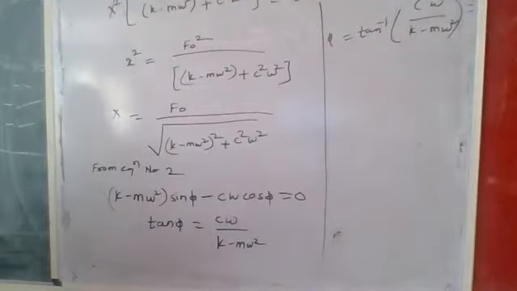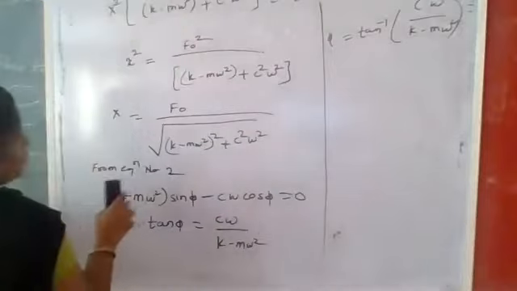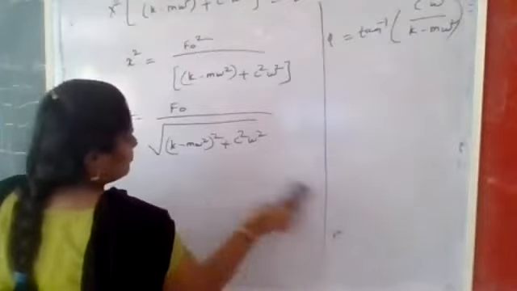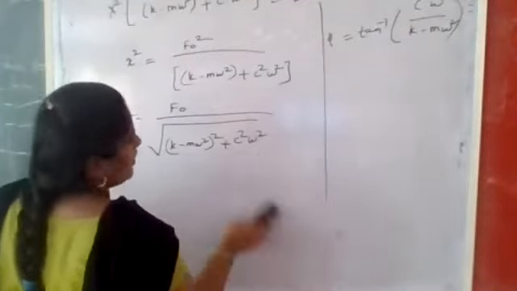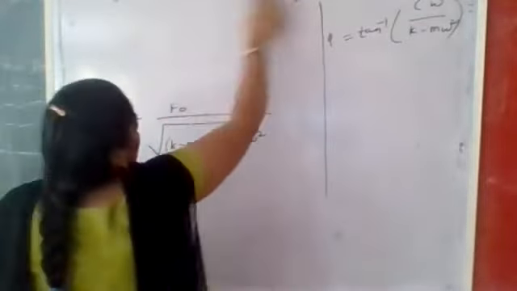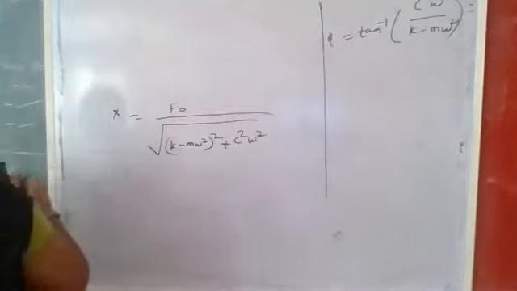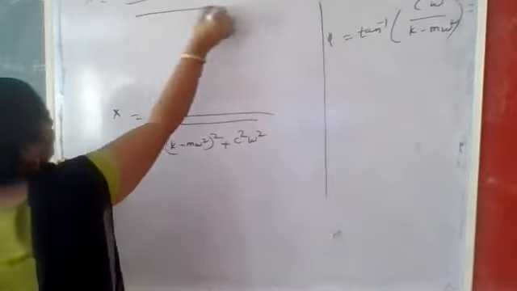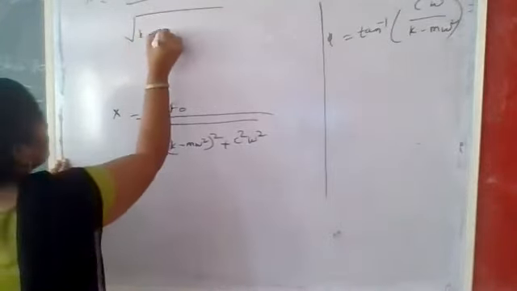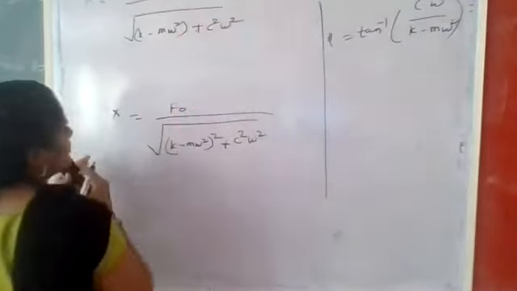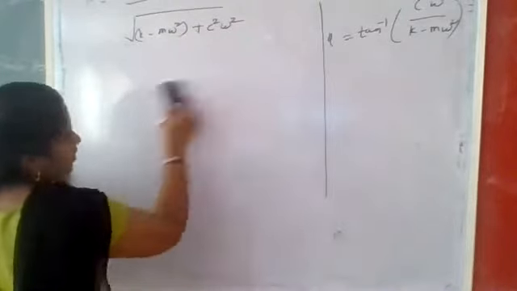Okay, so based on this, we have to convert this value in terms of the zeta. How to convert this? You can see for this equation. I will erase this now, by multiplication of Cc and division by Cc. X is equal to F naught divided by the root of (k minus m omega square) whole square plus c square omega square. That same equation I have written on the board.